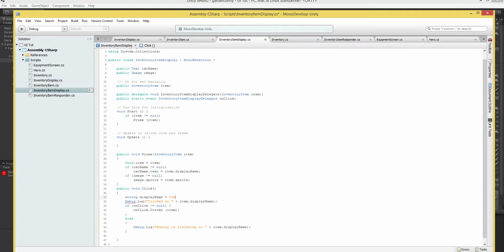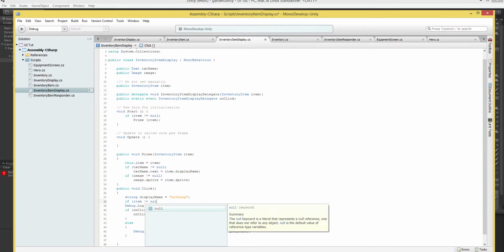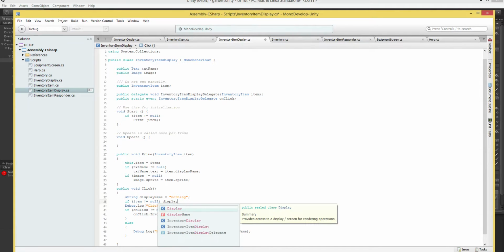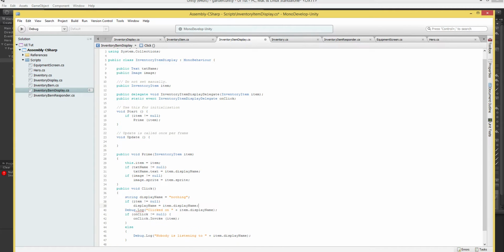Call it empty, and I'll call it nothing. So we say if item does not equal null, then displayname equals item.displayname. See? And then here we just change this to displayname. By creating a local variable called displayname, we can set it equal to item.displayname or something else if item.displayname doesn't exist. So now if we hit play,